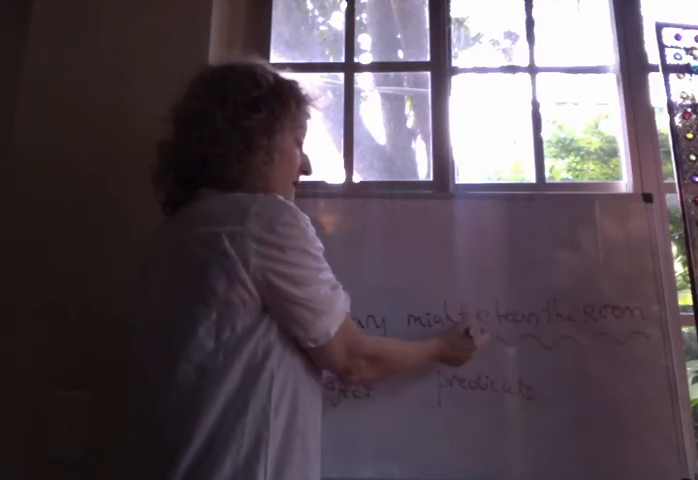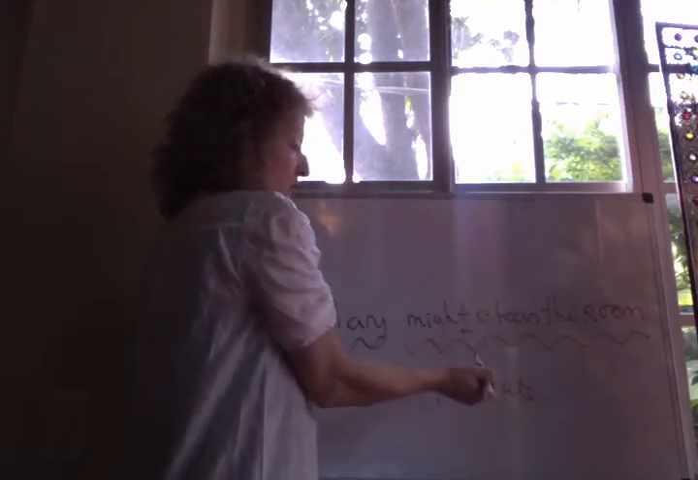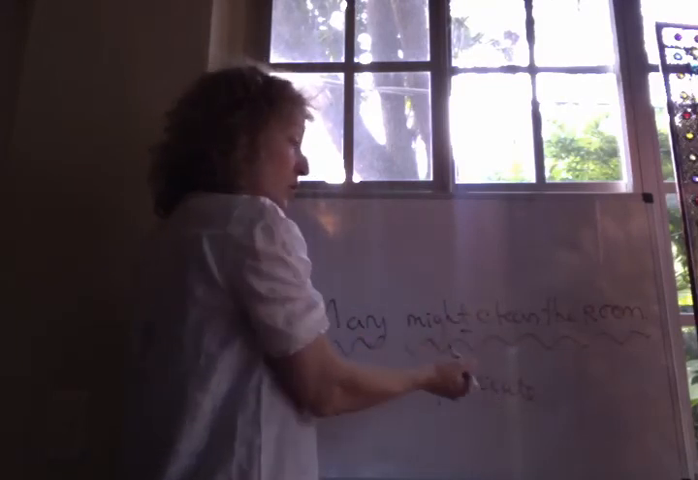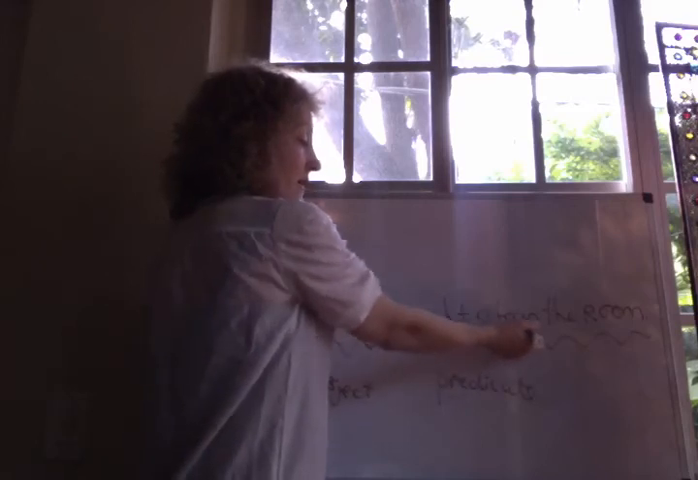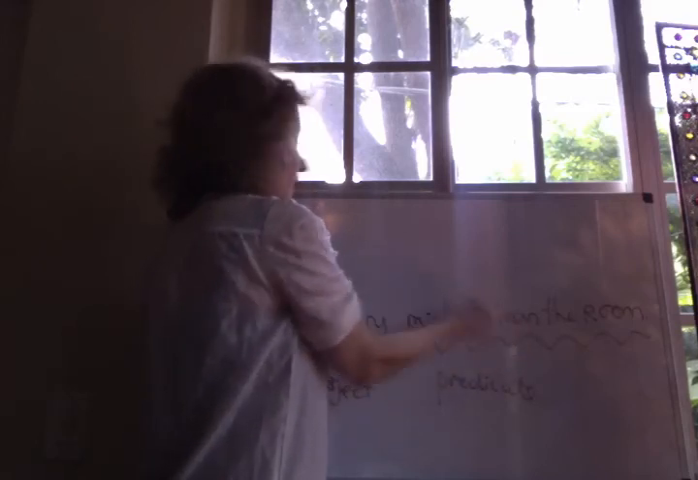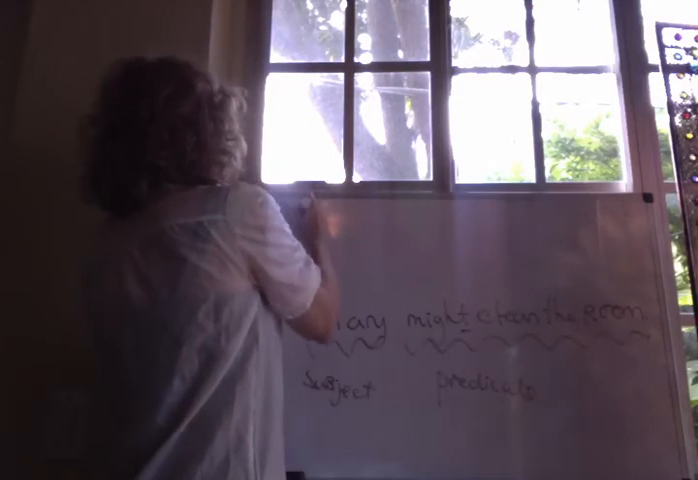We have might. How do we know that this is a verb? It's showing up in the past tense. It's one of those modal verbs. And then the following verb, clean. Notice that clean is in the base form. So modal verbs, in other words,